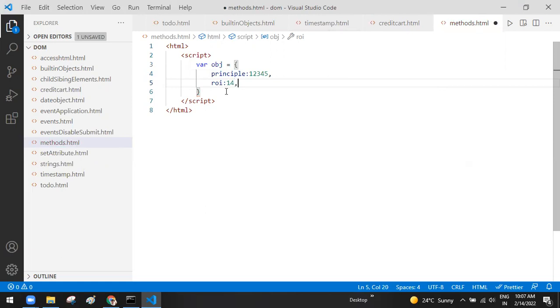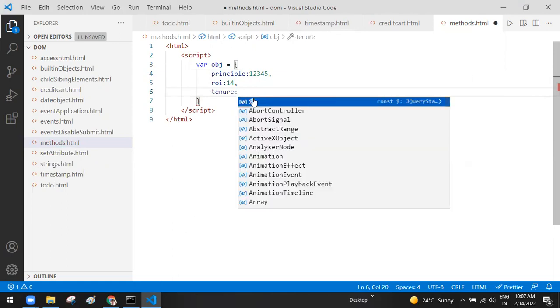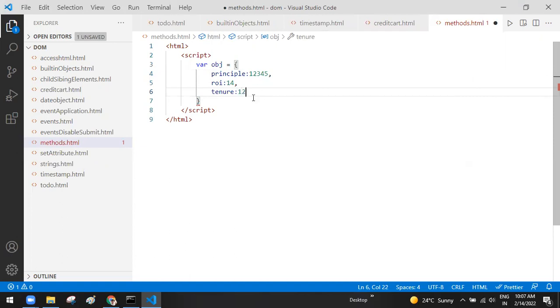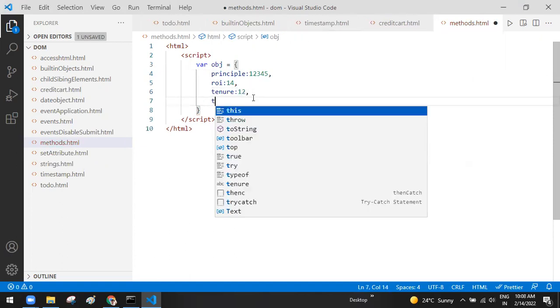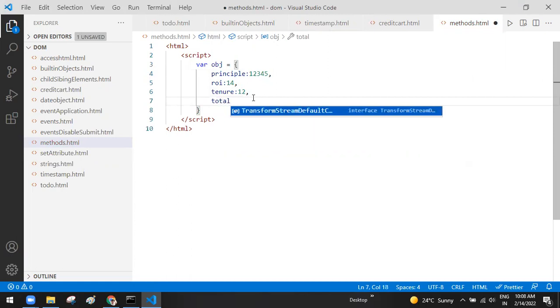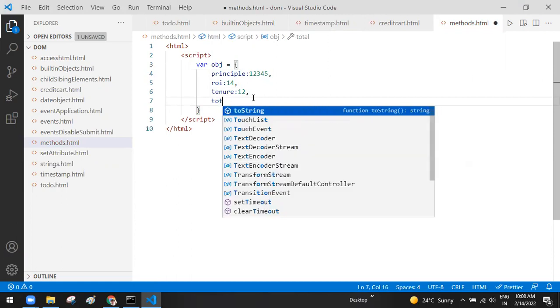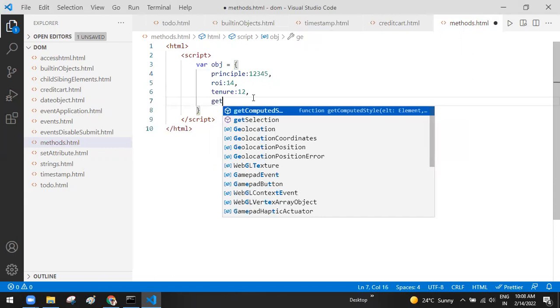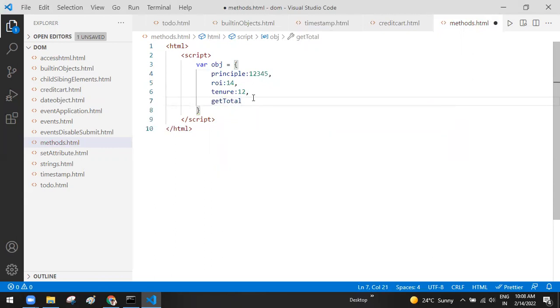Tenure is something like 12 months. And total, we have to get the total. Principal. Yeah, get total amount